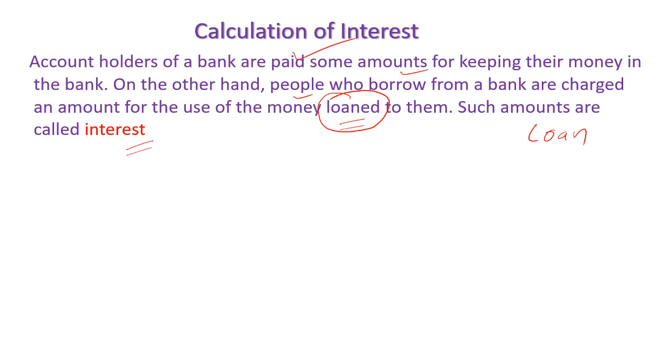Here he says he's there for taking money from the bank. He does not have that much money in the savings account. He'll be having an account, but he wants lakhs of rupees or thousands of rupees which he doesn't have. Then the bank will give, because there is money in the bank given by others, and the bank will charge him.